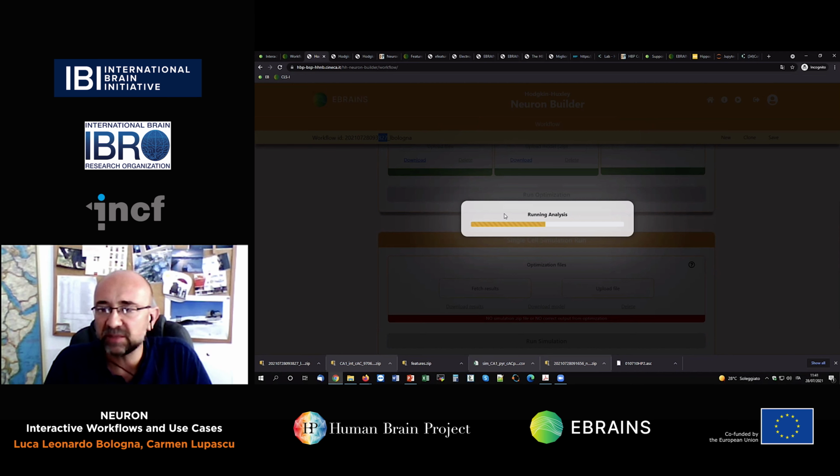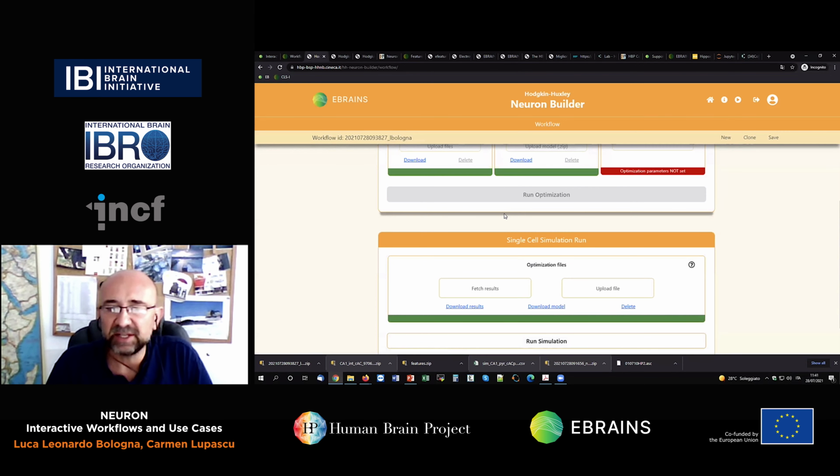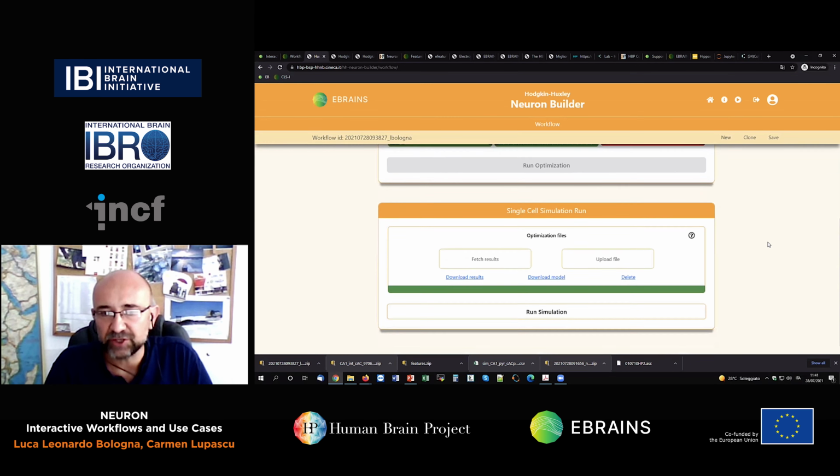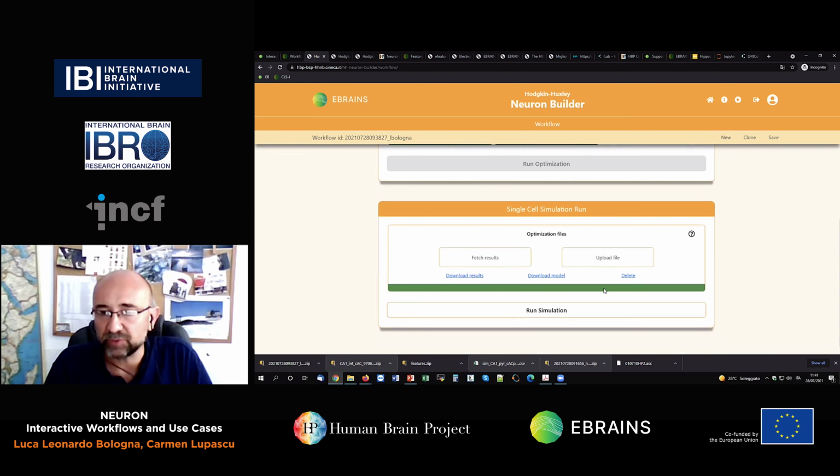Now it is running some analysis in order to produce the PDF files and the analysis that Carmen showed you before. So basically how the genetic algorithms behaved and how the model is behaving after the optimization. It is creating the zip file that is needed for running the simulation, and now everything seems to be ready for the simulation itself. So I click on Run Simulation here,